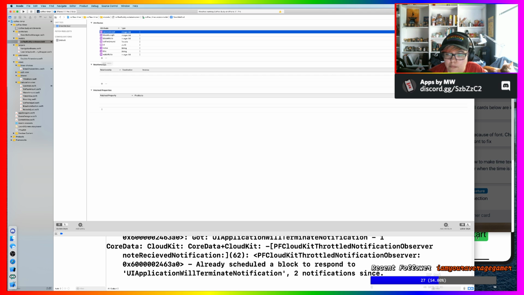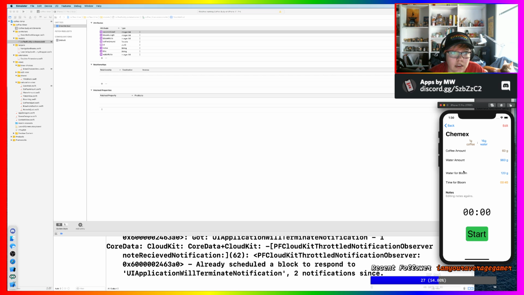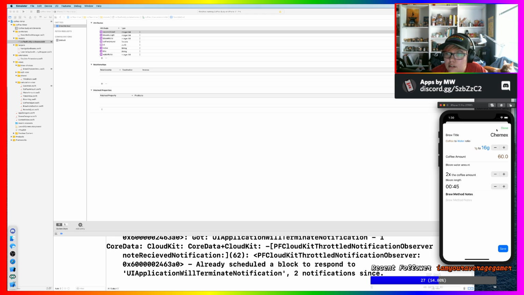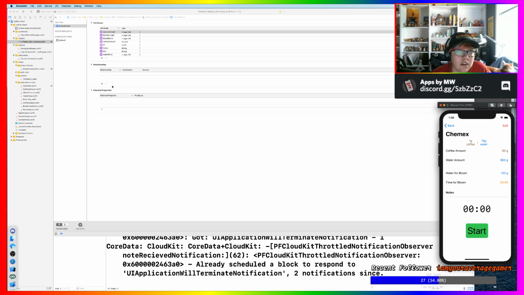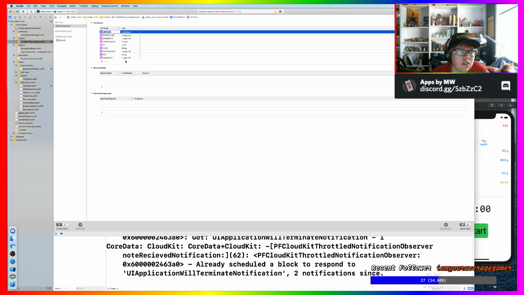So like the coffee to water ratio, the amount that you are grinding to use, and then the time for blooming, and then the bloom ratio, which if you had to edit, when you go to edit, I promise those errors don't happen only in the simulator. You can actually change the bloom ratio, all that good stuff here. All of that is stored based on these attributes here. So then this is going to be